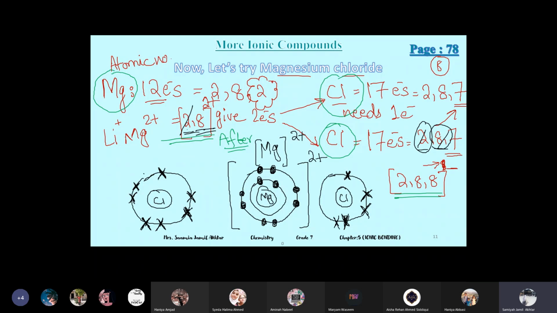Okay, so for both of the chlorines, first draw the 7 electrons, because chlorine already has 7 electrons, and one electron is donated by magnesium. So this magnesium gave 1 electron to one chlorine, so dot, and 1 electron to the other chlorine, dot here. Then square brackets around each chlorine and minus charge because each chlorine has received one electron. Square bracket and minus. This is the dot and cross diagram for magnesium chloride.